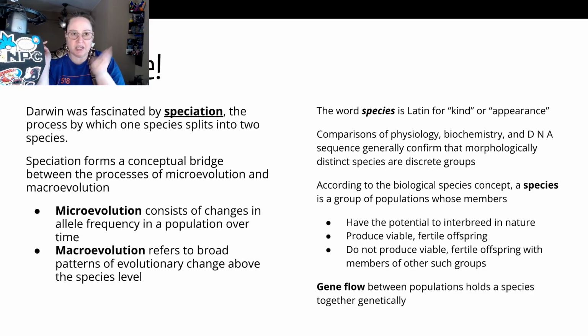But if I take a donkey and a horse, I'm going to get a mule. And a mule is not fertile itself. To make more mules, you need more donkeys and you need more horses. Even though mules are generally a bit smarter than the horses. And by a bit, I mean a lot.